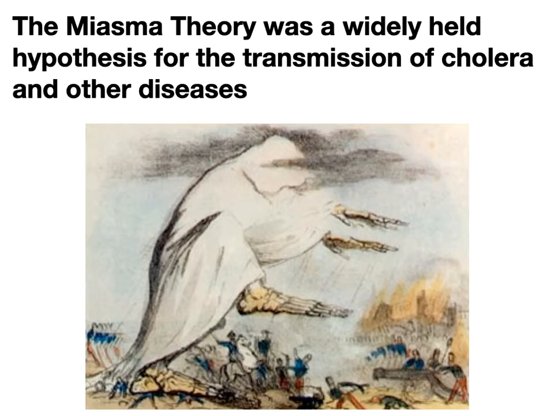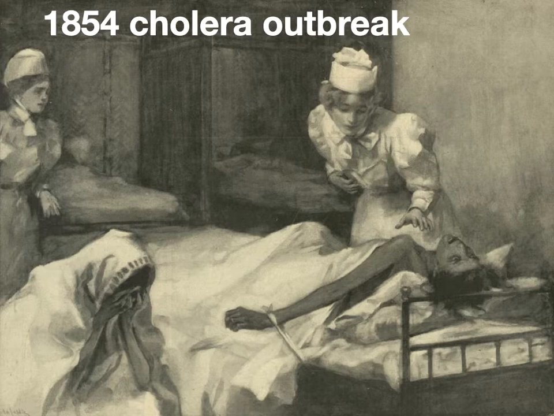the miasma theory. John Snow, the doctor, had been skeptical of the miasma theory for a long time, but he had no proof. Well, in 1854, London had one of the worst outbreaks of cholera ever. Over 500 people died within a few weeks in just one neighborhood of the city, Soho. And when this